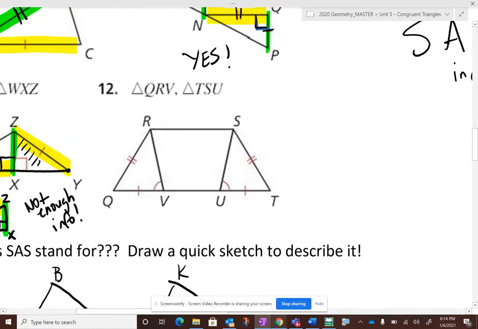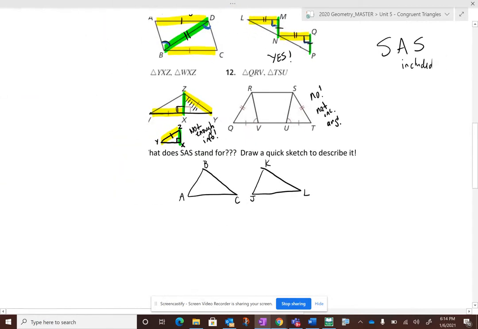And last but not least, looking at these two, they definitely are oriented differently, but you could pretty easily flip this one around to make it match this triangle over here. But the problem is, yes, they have two sides and an angle, but it's not an included angle. So no, not an included angle. Okay, so last